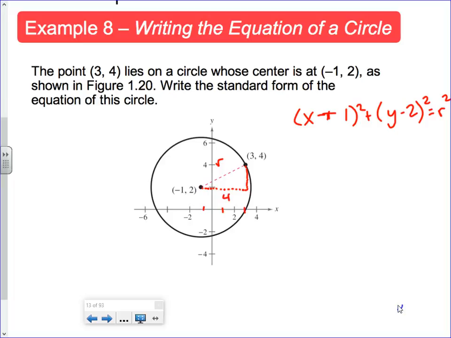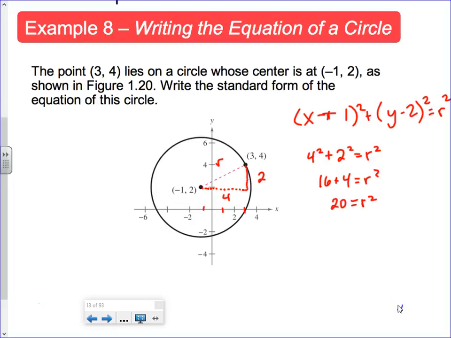And what would be this one? 2. Now, can we find that by subtracting, like x2 minus x1 and y2 minus y1? Yeah. Or we could just look at it like Pythagorean and say, r squared is equal to 4 squared plus 2 squared. 4 squared is 16, 2 squared is 4. R squared is equal to